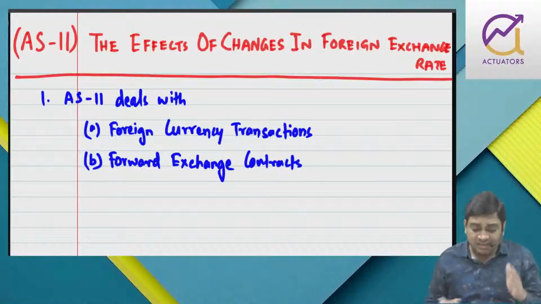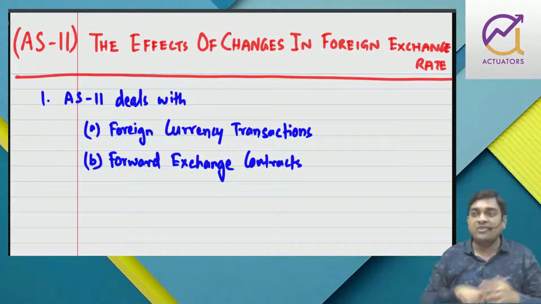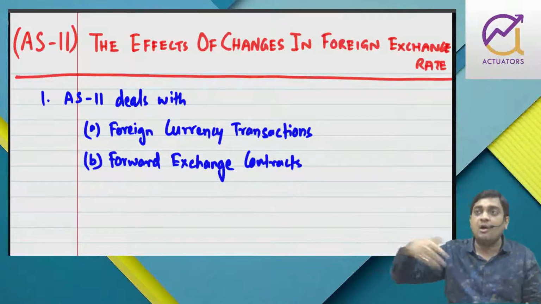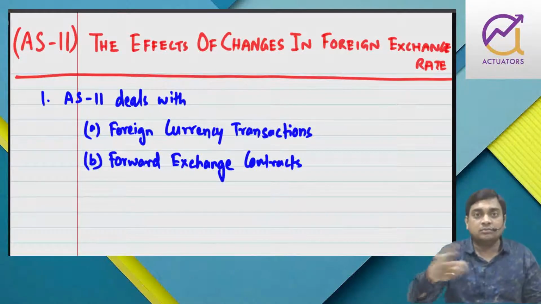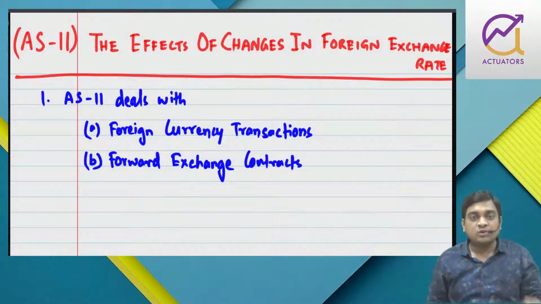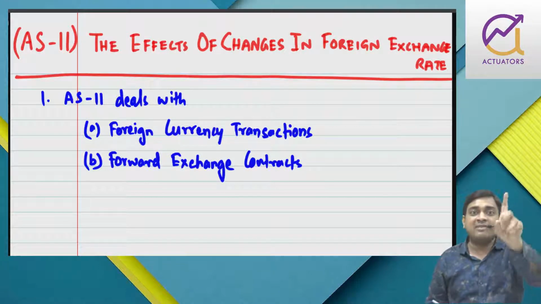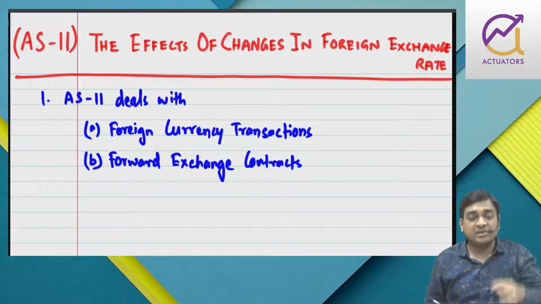So as a result, many businessmen enter into forward exchange contracts. Suppose I have to pay 1 lakh dollar after 3 months from now, and I'm afraid of the dollar rising. So what I will do is book today, but the settlement will take place after 3 months. I will go into an agreement with a bank that after 3 months I will buy 1 lakh dollar at 72 rupees. The rate has been fixed.